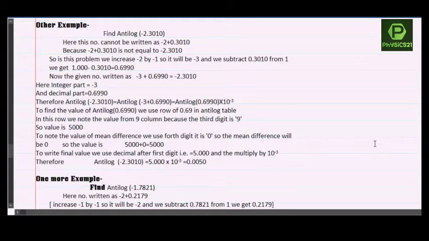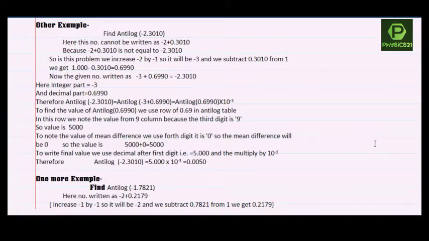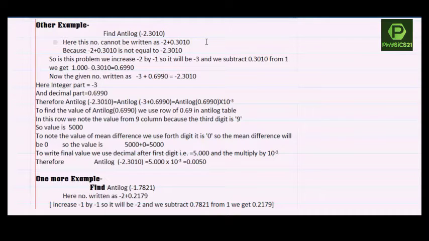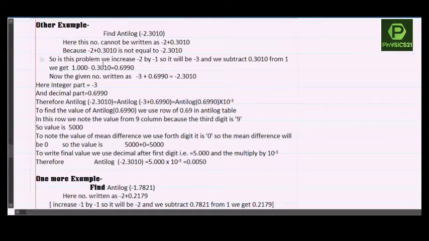In this example, we will calculate the value of antilog minus 2.3010. In this number, we cannot write this like that, minus 2 plus 0.3010, because when we find the sum of minus 2 and 0.3010, it is not equal to minus 2.3010. So in this problem, we increase minus 2 by minus 1, so it will be minus 3, and we subtract